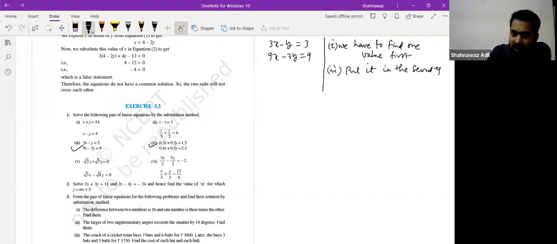Equation. So first let's find one value from here. So 3x minus y is equal to 3. Right. Let me see. So 3 3s are 9. 1 3s are 3. 3 3s are 9. Right. So this is